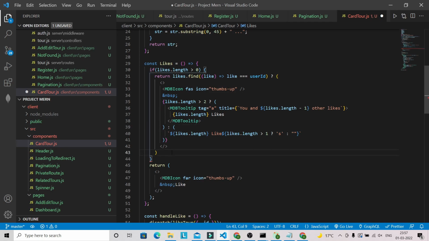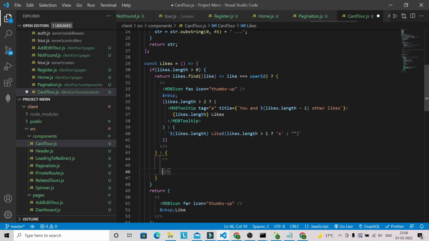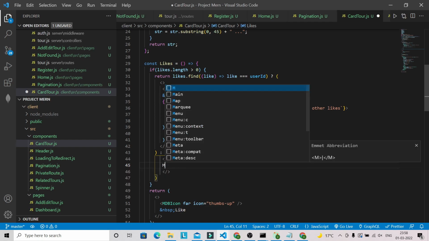Okay, now we have to also write the else condition for this scenario. So here, what we have to mention, here we are checking if the current logged in user has liked this particular tour, so we are showing all this thing. And in the else part, if this tour is not liked by the current logged in user, then what we have to do here, so we are going to use first a fragment, and we are going to have an MDB icon,